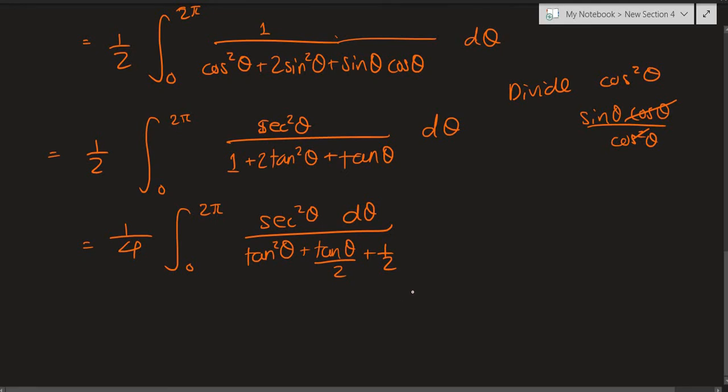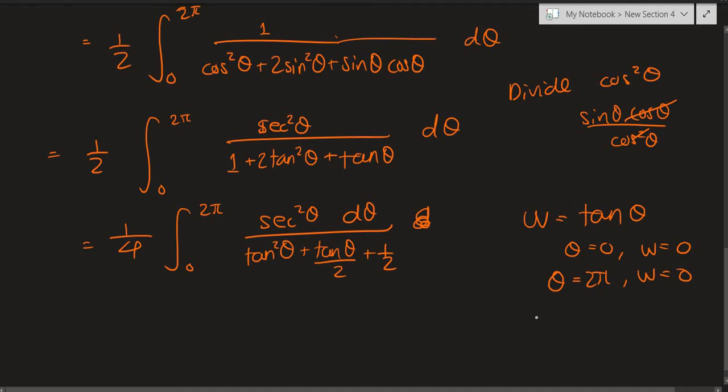But there is a slight problem if we try to use our classical u substitution. If we let, say, another variable, let's take, I don't know, w equals tan theta. Fine, we have dw equals secant squared theta d theta on the top, no problem about that. But check the upper and lower bounds. So when theta is 0, w is 0, fair enough. When theta is 2 pi, tan of 2 pi is again 0.